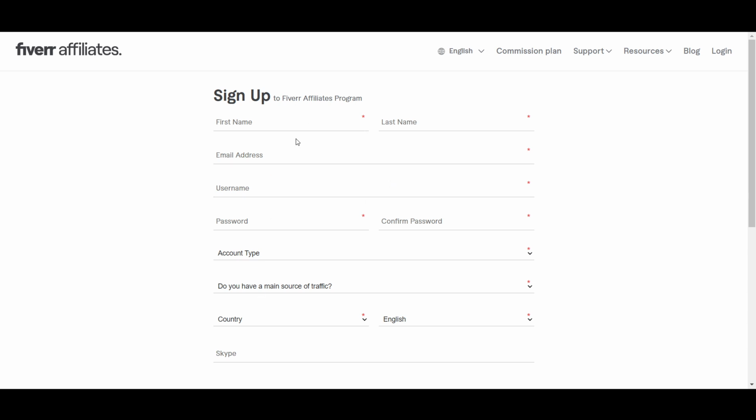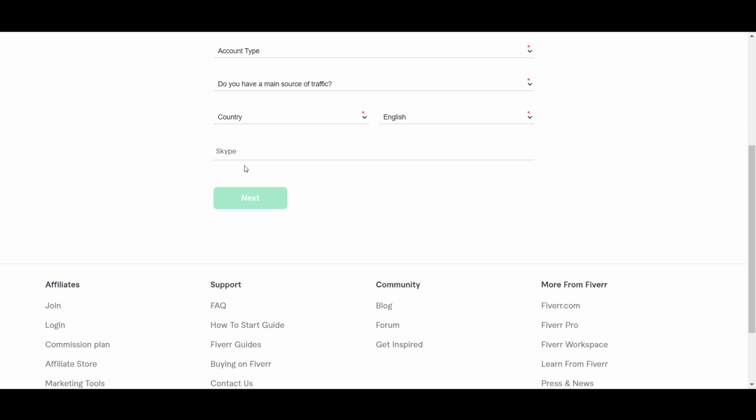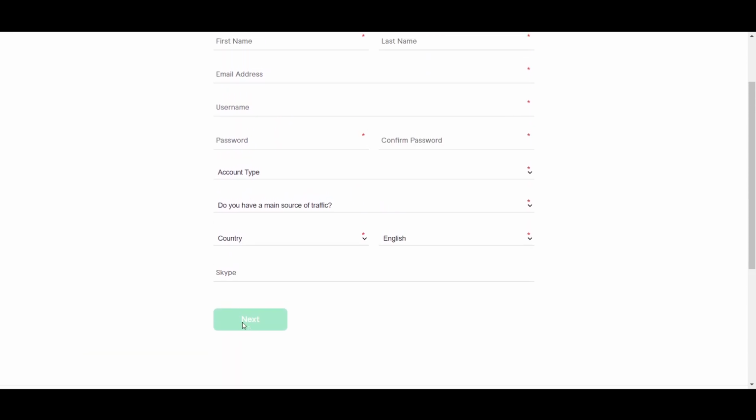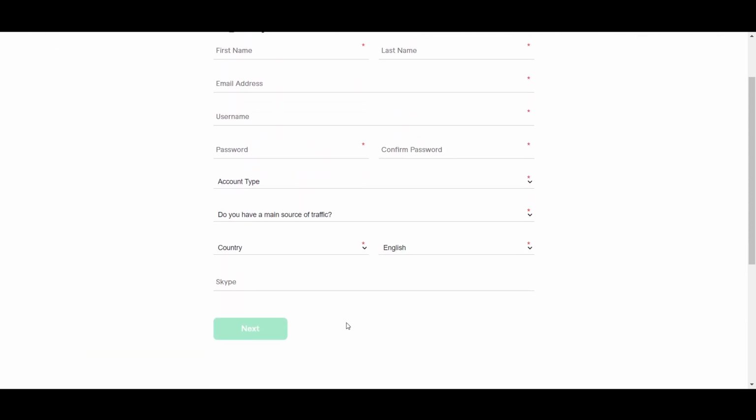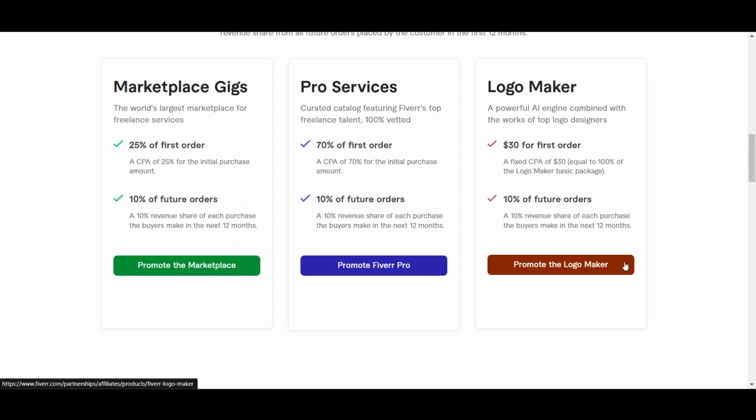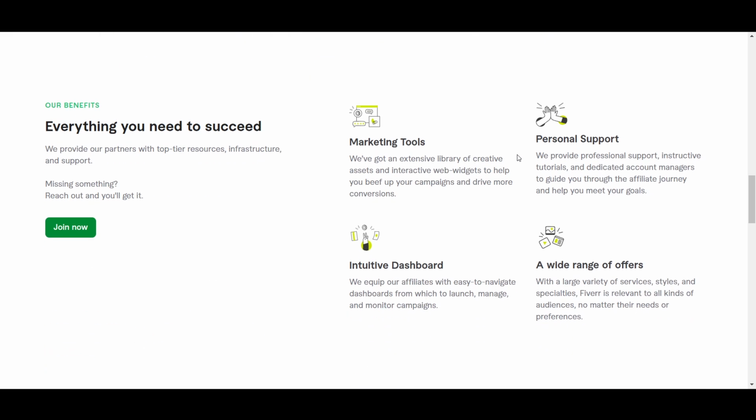I have to fill up all this information to join the Fiverr affiliate. So your first name, last name, email address, username, password, and Skype ID. So you have to fill up each and everything and then just go and click on next. Now once you join it, you will become in the dashboard here,